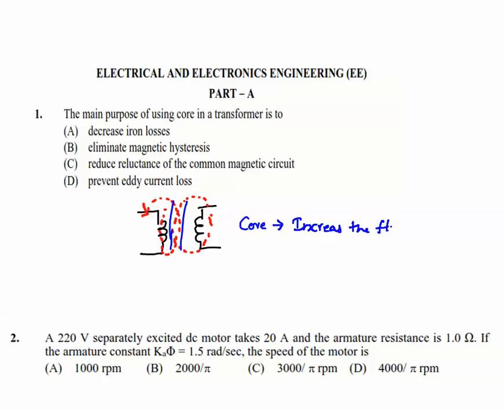the flux lines, or we can say decrease the reluctance. So the suitable answer for this question is C, reduce the reluctance of the common magnetic circuit. And the next question,